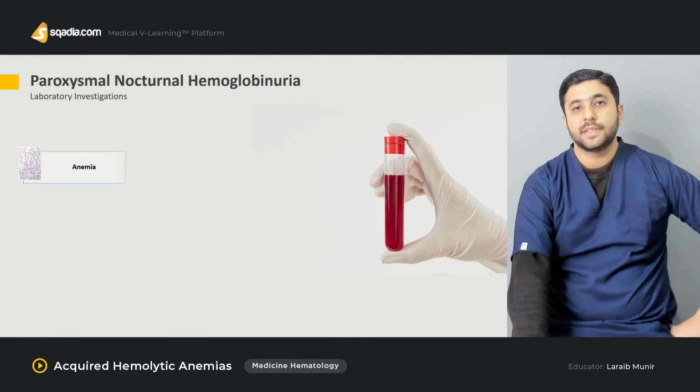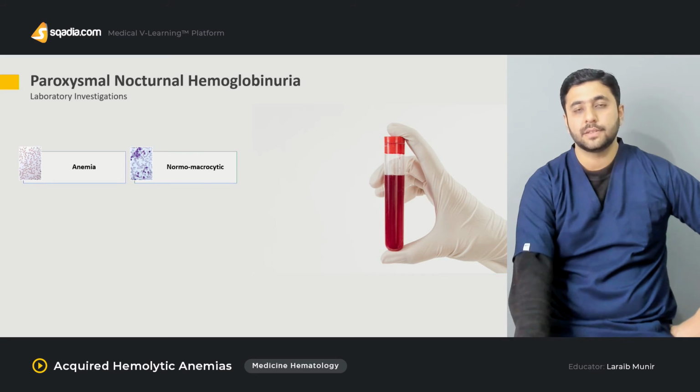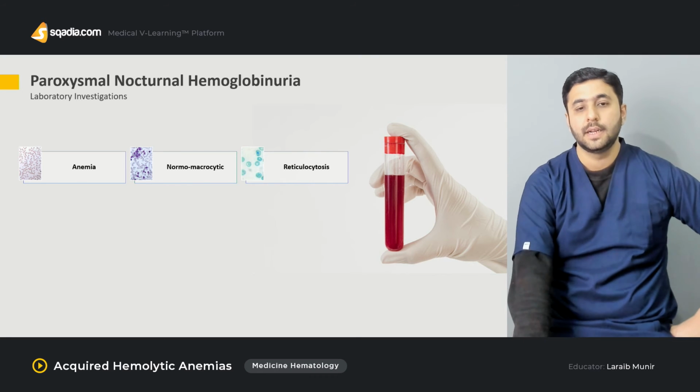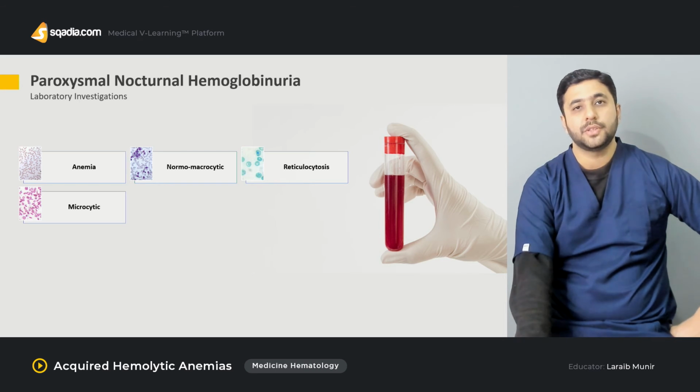What are the other lab investigations, or the lab findings, which we are going to see? There will be anemia. The anemia initially will be normocytic or macrocytic, leading to macrocytic anemia if there is a high degree of reticulocytosis, because the reticulocytes are the slightly bigger cells. And over a period of time, if this bleeding is not corrected, and if we have not supplemented the patient, because the patient is losing iron in the blood, the anemia can turn into a microcytic anemia if the iron